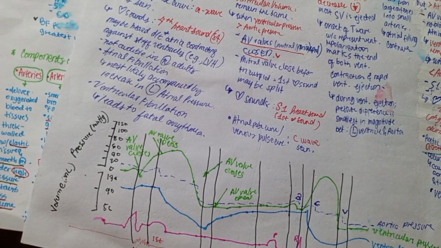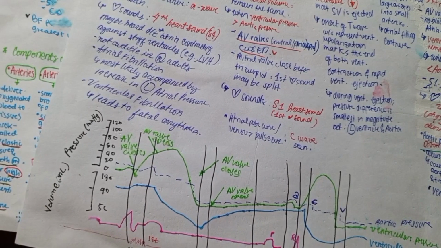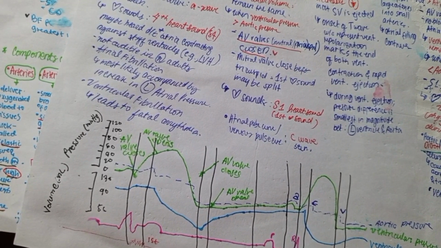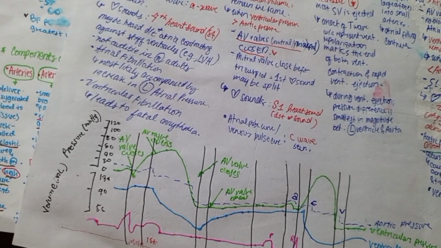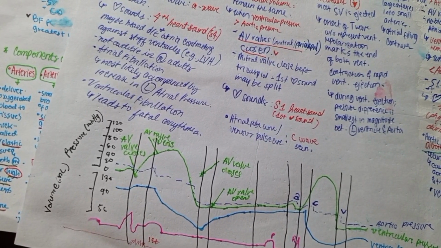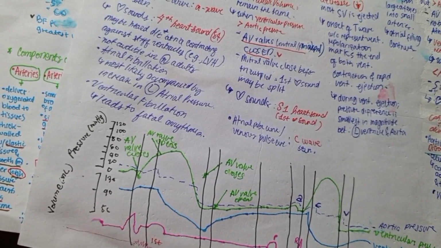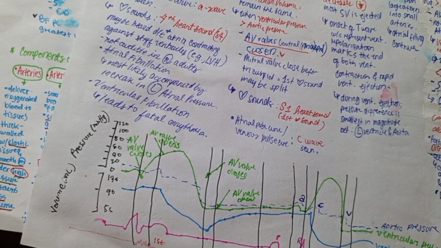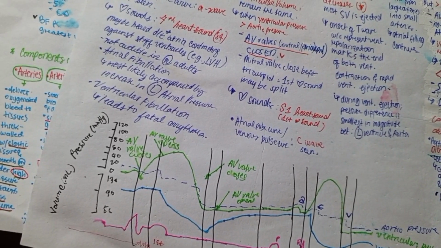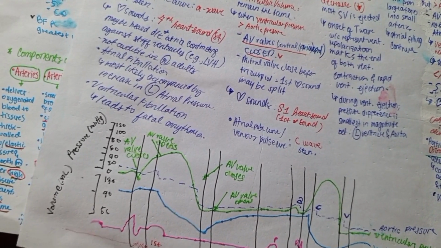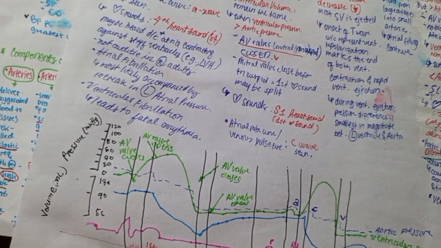In the atrial pressure curve, the V wave can be seen, and there is a decrease in ventricular pressure, but it is still greater than the atrial pressure. So the AV valves, the mitral and tricuspid, are still closed, and there is no blood flow from atria to ventricles, and ventricular volume remains the same during the isovolumic contraction. When ventricular pressure becomes less than the aortic pressure, the semilunar valve will close, and the heart